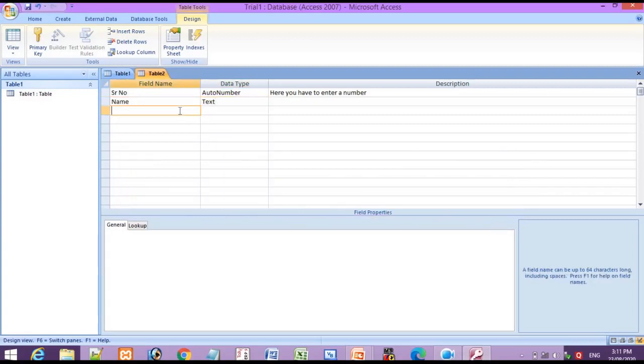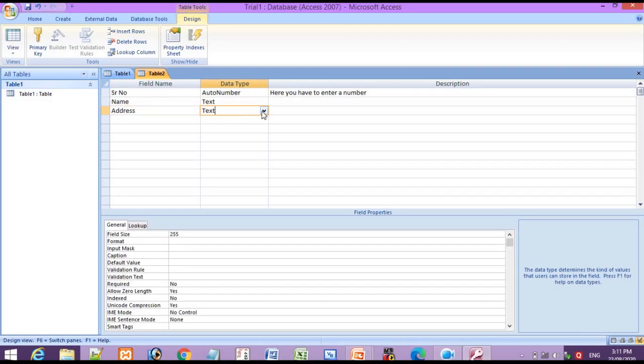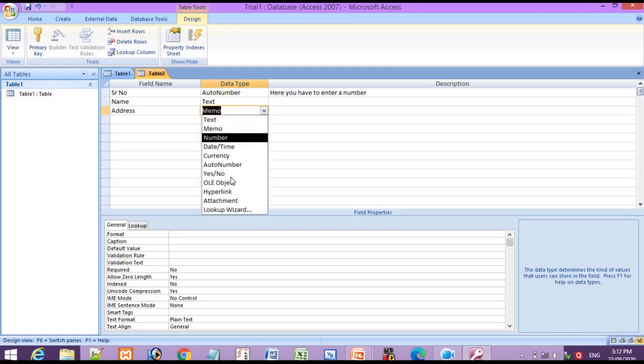In the same way, if you want a paragraph, like an address, which is bigger, so if you want more text, more lines for your text, at that time you can take a memo data type. In memo data type you will get more lines in your text. Okay, these data types I explained to you last time, what is meant by OLE object, what is hyperlink, during the Zoom lecture.